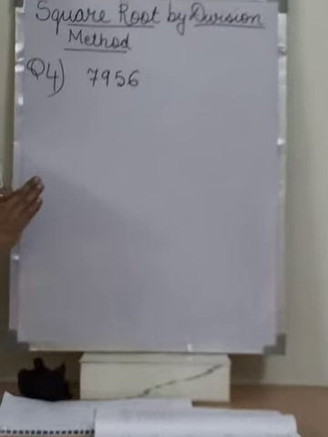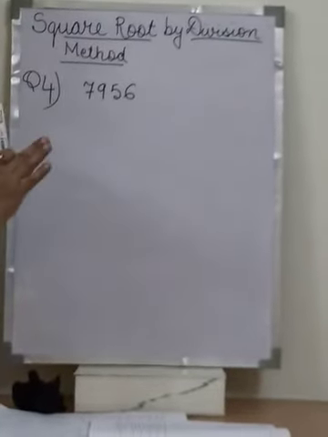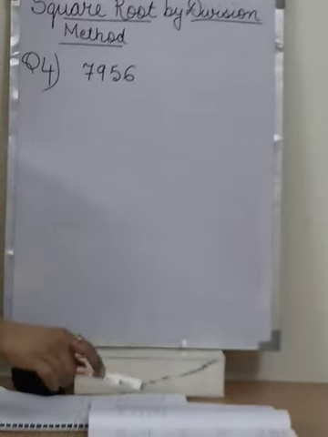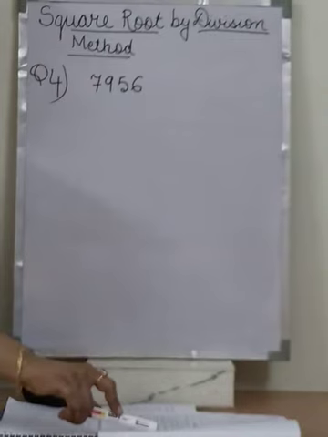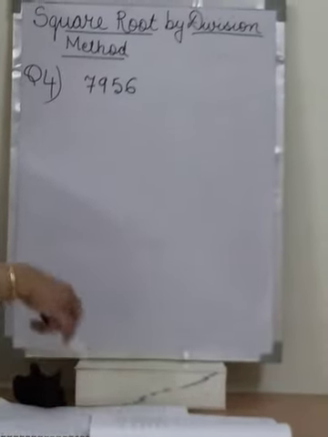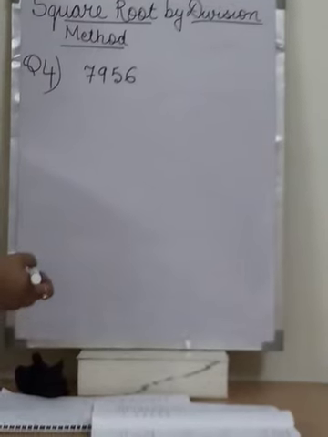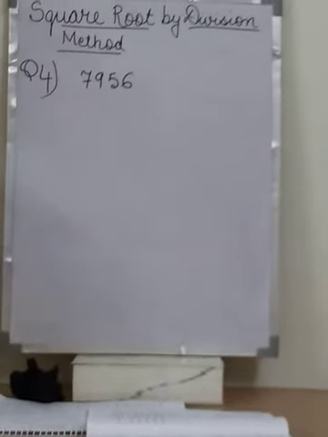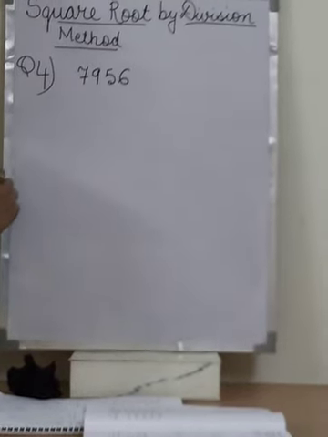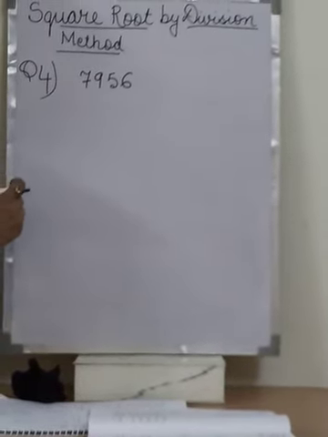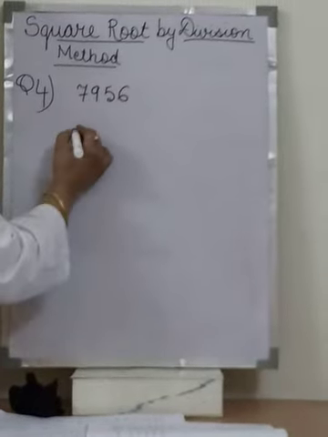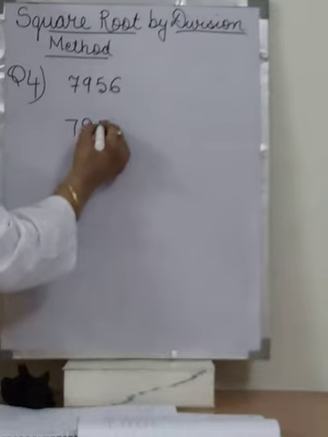So we'll find the square root. Whichever number is left in the remainder, we'll remove that. The moment we remove it, it will become a perfect square. They are saying find the perfect square and its square root. So we are looking for the perfect square number and the square root of that. Firstly, we need to subtract the number which is extra, which is making it not a perfect square. So firstly we find the square root.